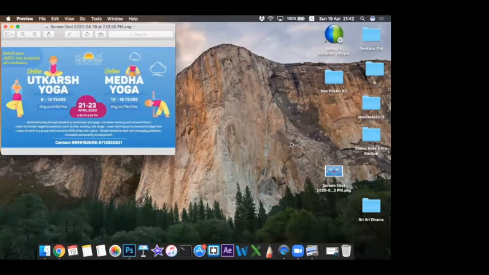So if you look at this Utkarsh Yoga, Medha Yoga poster, you will be seeing the kids doing yoga first. Very cute image, right? I mean, nobody is going to look at the contact number first as soon as they look at the poster, right? The background theme, right? It's very much correct. Tagline, it's true.